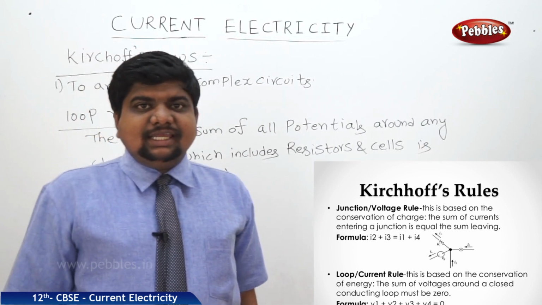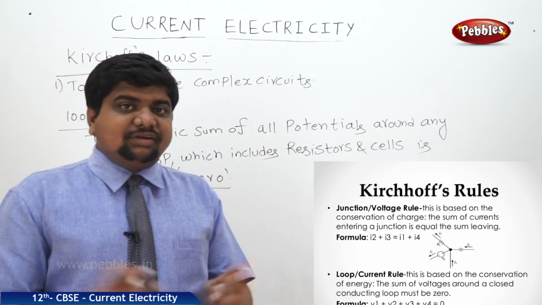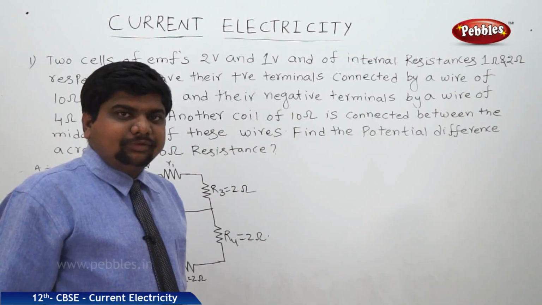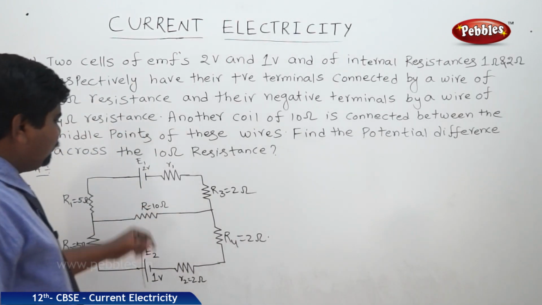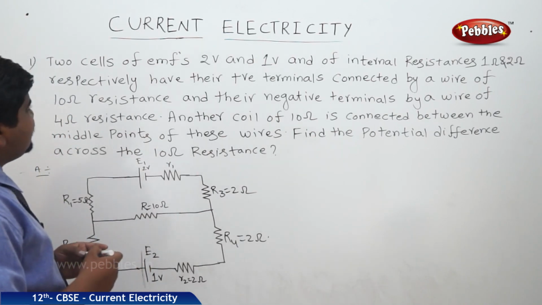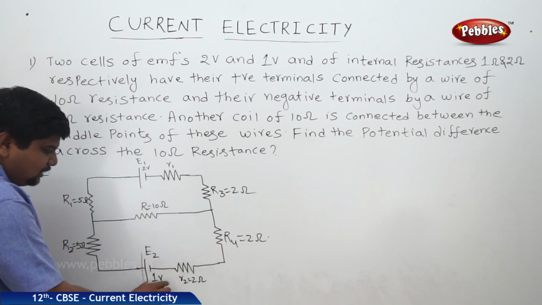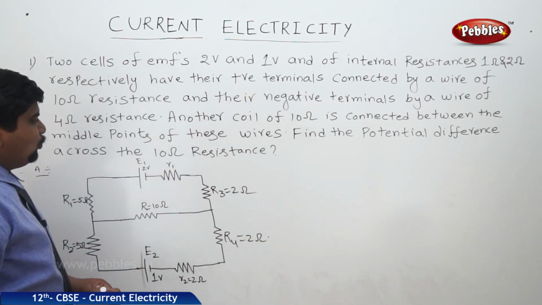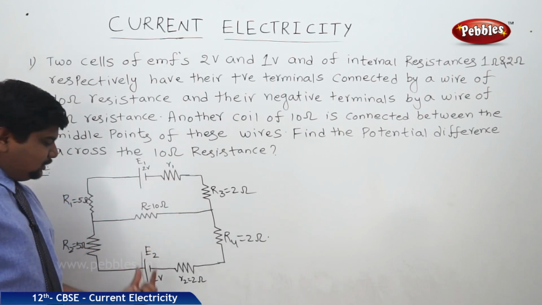Now we will see one problem which relates to the Kirchhoff rule, how the current will be divided into two directions, and how you find the values. Now we will see the application of Kirchhoff's law. See the problem and we will try to understand the circuit. Two cells of EMF 2 volts and 1 volt, and of internal resistances 1 ohm and 2 ohms,